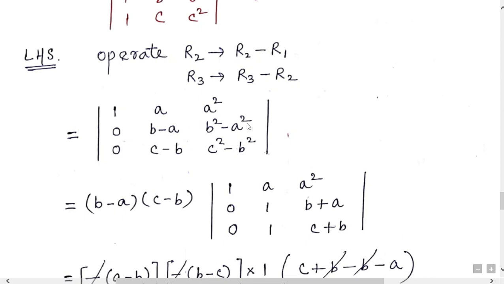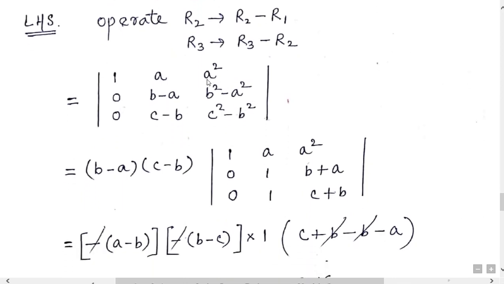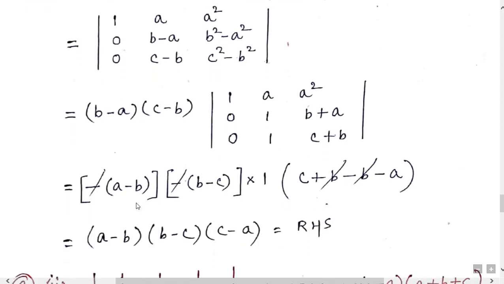Clearly you can take b minus a common from r2 and c minus b common from r3. You can factorize here b square minus a square. It's factorized as b minus a into b plus a. It means you can write b plus a here, and when you take c minus b common from the third row, this value is 1 and this value is c plus b. Then cross multiply these values. It's c plus b minus a. The answer is c minus a. Take a negative sign common here and here also. Negative and negative cancel with each other. It means the answer is a minus b, b minus c and c minus a.